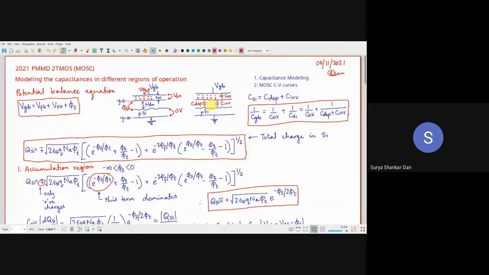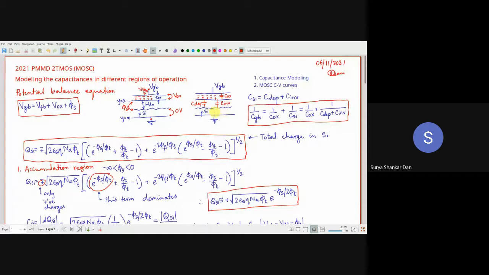So this is something which is very important. We have mathematically proven that. Okay, so I'm not going into that anymore. So even though the boron ions are spread out throughout the entire depletion region, they will all behave as if they are only at the depletion boundaries. Okay? So that's what will give you the C depletion part.